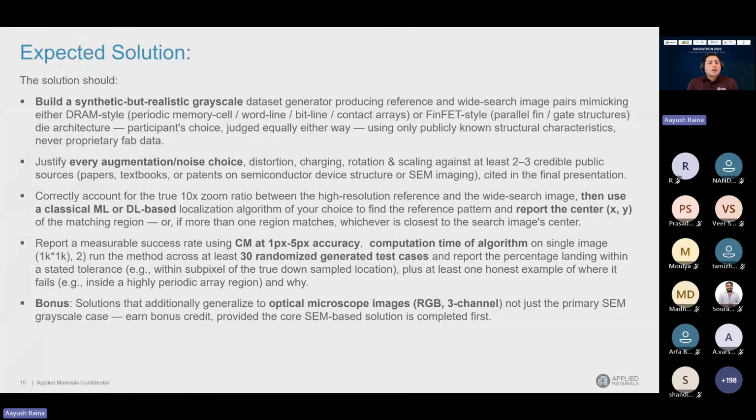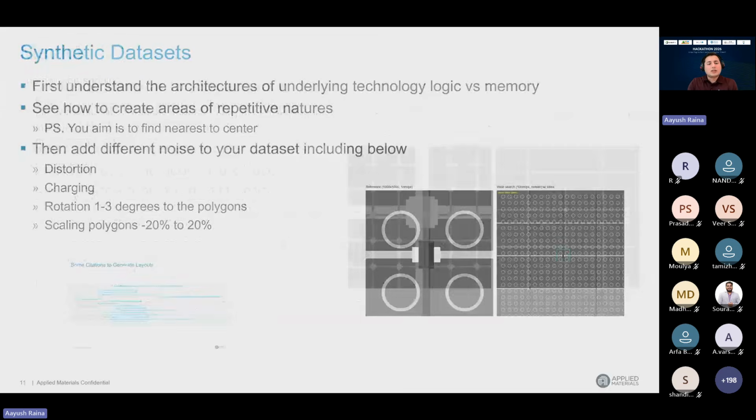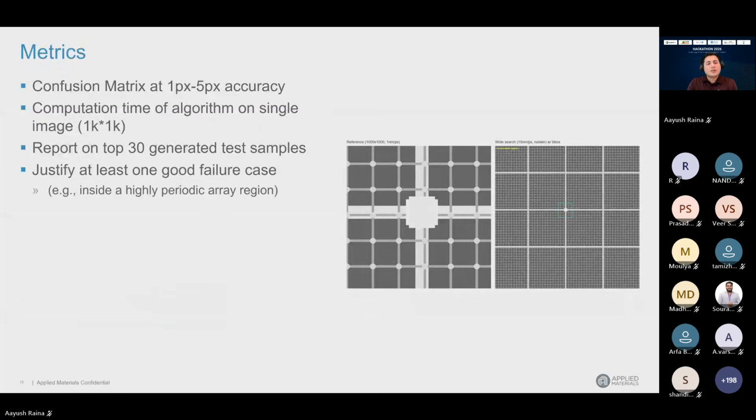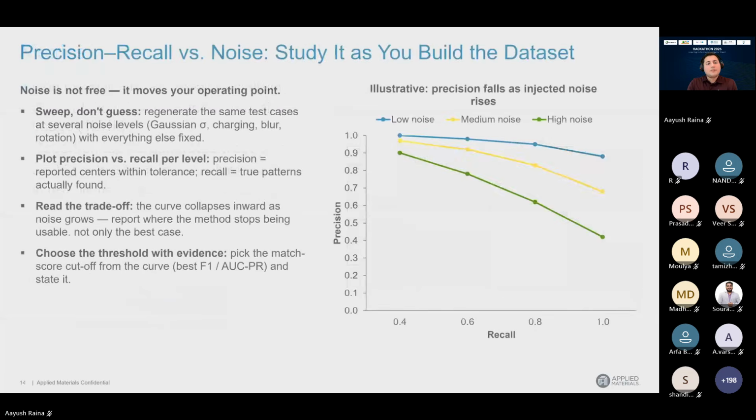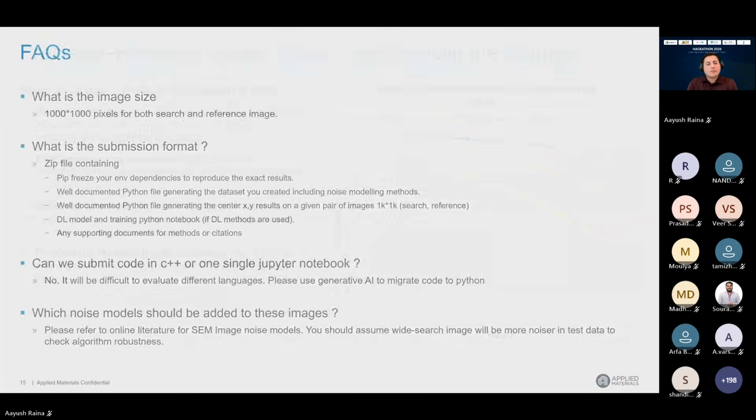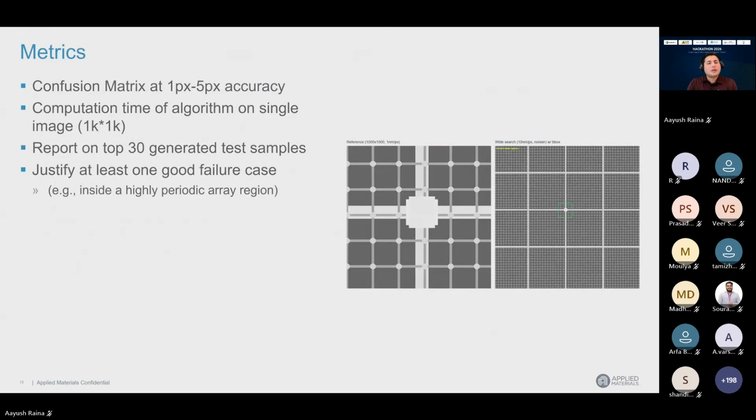Now the main part we talked about is the 10x image versus a 100x image. I will go to a dedicated slide for it. First, let's say I'm finding this image inside this image.